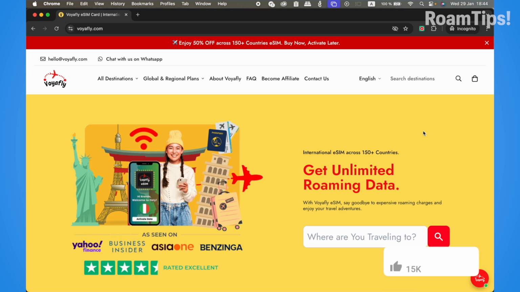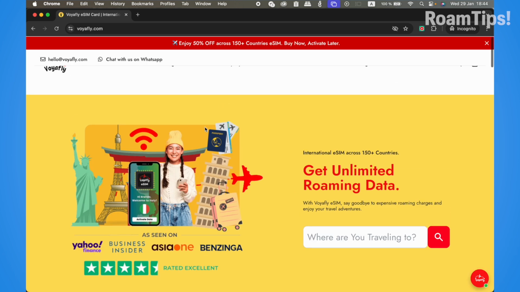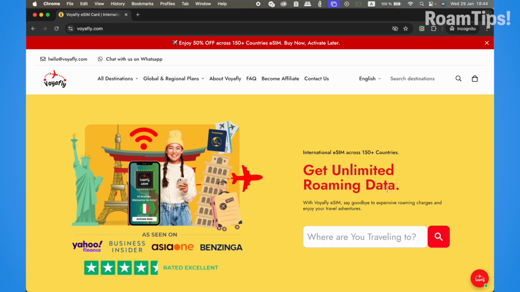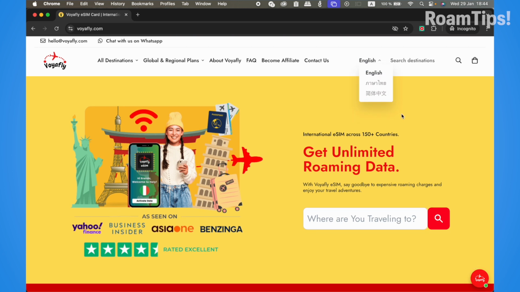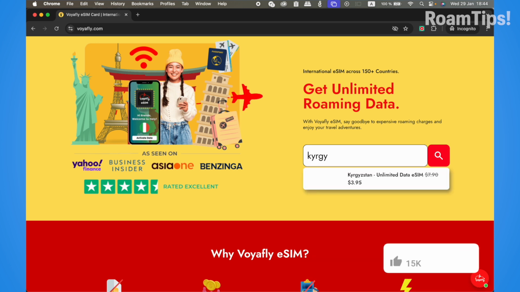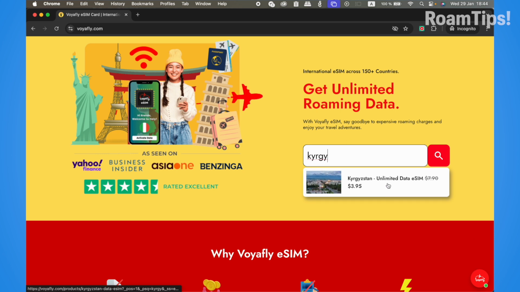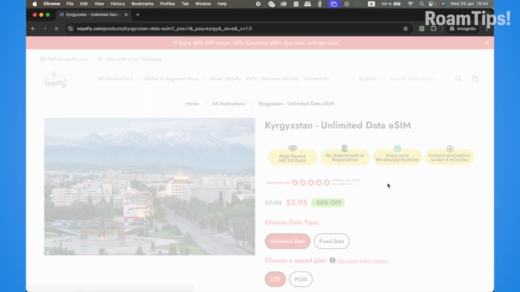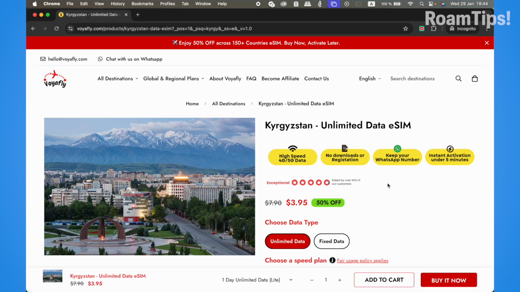Open the link in the description, voyafly.com, and open this web page. Get unlimited roaming data and click on this English and 30 languages option. Alright, get unlimited roaming data. Where are you traveling to? Click on this and write Kyrgyzstan, and click on this unlimited data eSIM. Open this page